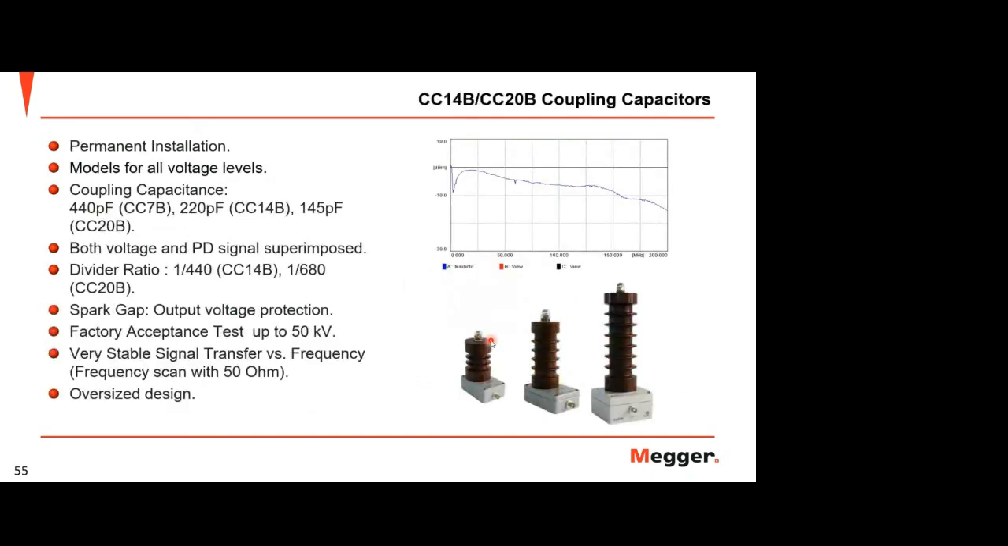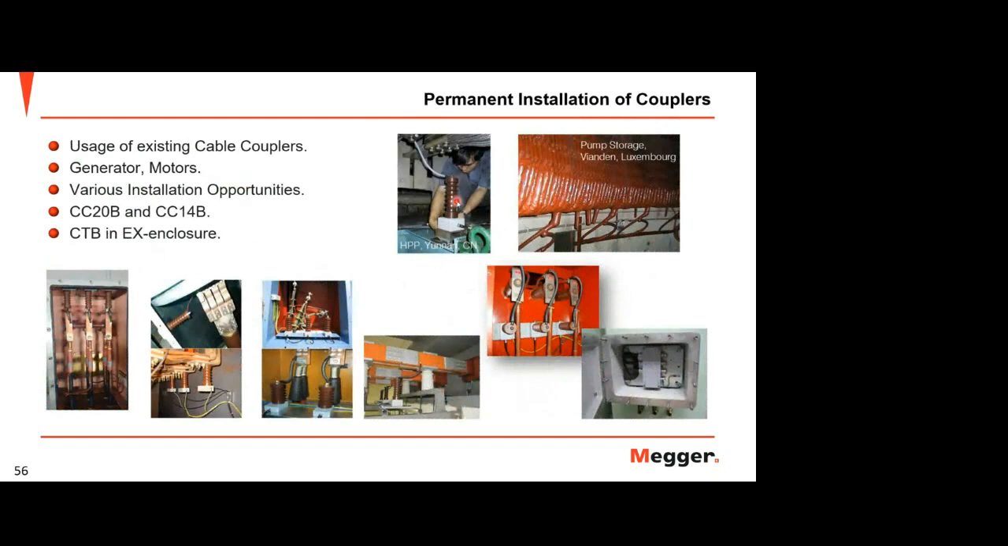We have this coupling capacitor type, with 440 picofarad up to 145 picofarad for 20 kV, for 15 kV 220 picofarad, and 440 picofarad for 7 kV coupling capacitor. So this sensor can be installed permanently on a rotating machine. Mostly we install on the terminal box. This is some example. So you can install this permanently and you do measurement